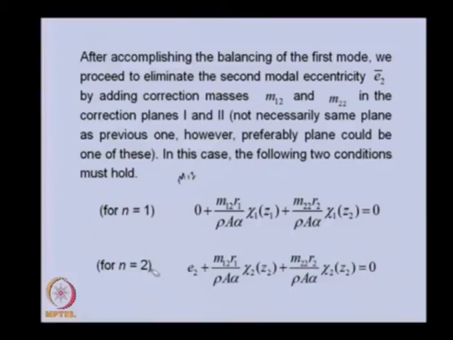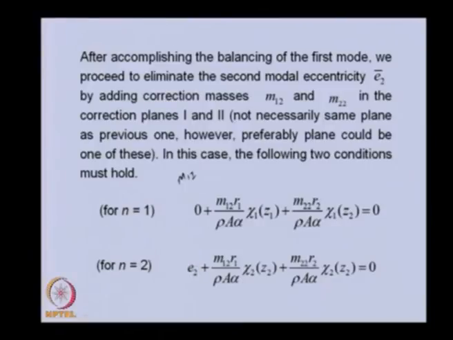This is for n equal to 2, in which E2 is there, and these are the two additional masses. You can see that the choice of these two masses will be such that from this we can get the ratio, because other quantities are known. So, what should be the ratio of these two will ensure that the first mode is balanced. If we satisfy this equation while choosing these two masses, we will be ensuring that the first mode is balanced, and simultaneously we need to see that the E2 is getting balanced.